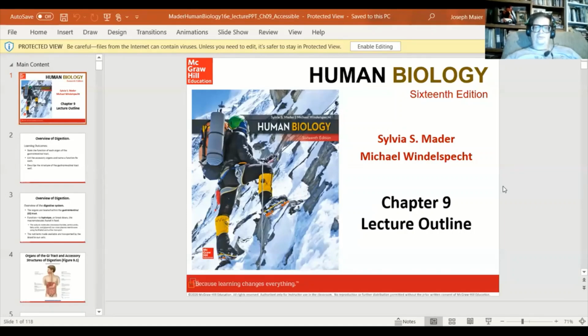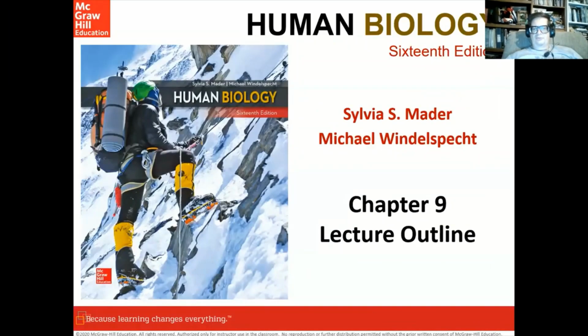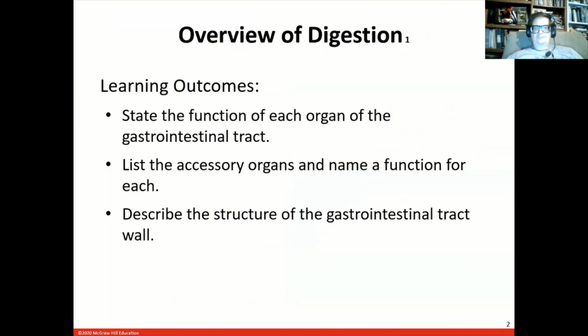Okay, so this time we're going to talk about digestion. This is chapter 9 in your human biology textbook. So we'll talk about what the different organs are, what their functions are, and we'll talk about the structure